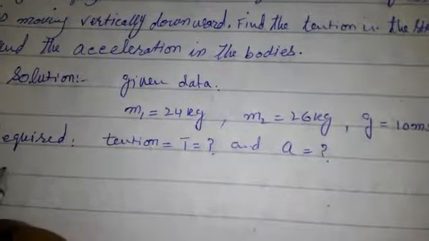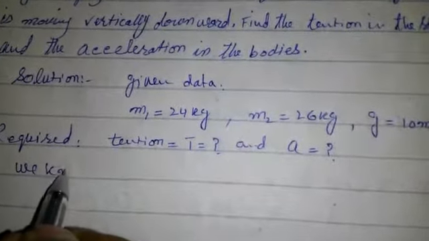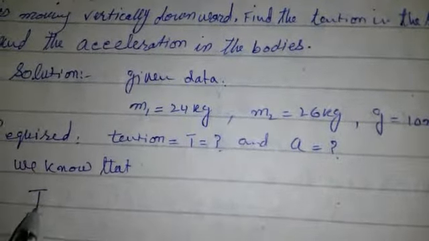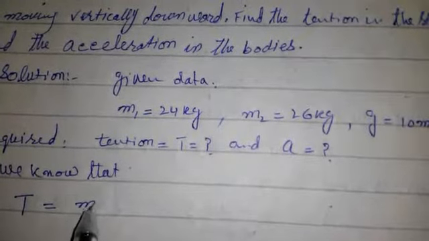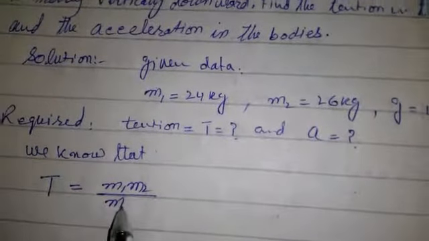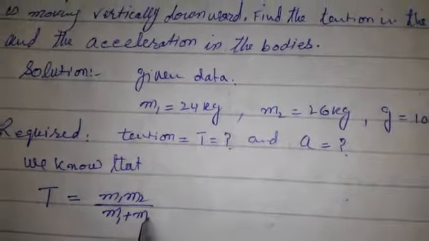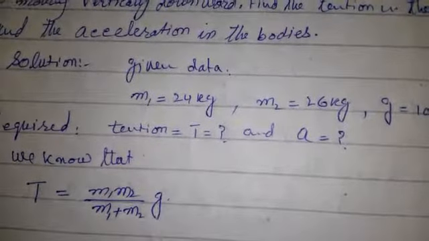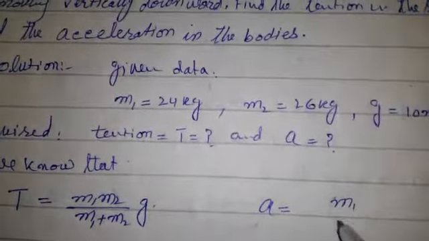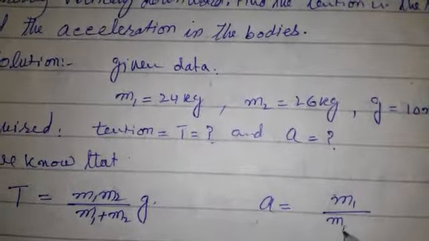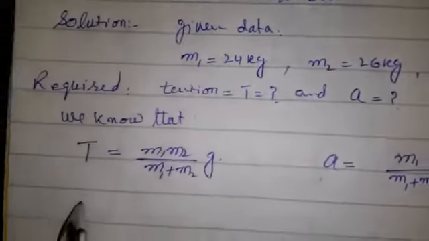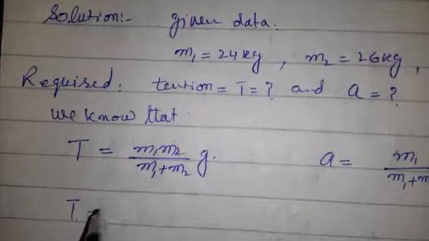We know that T is equal to M1 M2 over M1 plus M2 into G, and A is equal to M1 over M1 plus M2 into G. Now putting the values, T is equal to M1